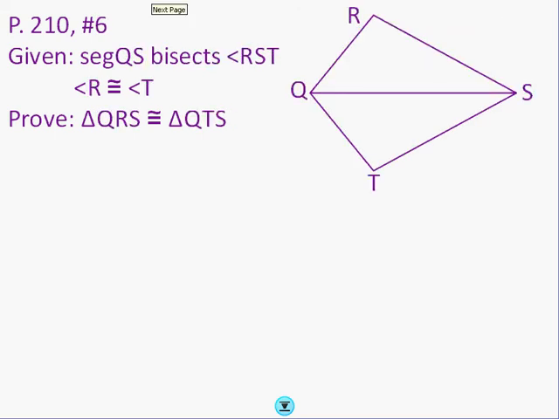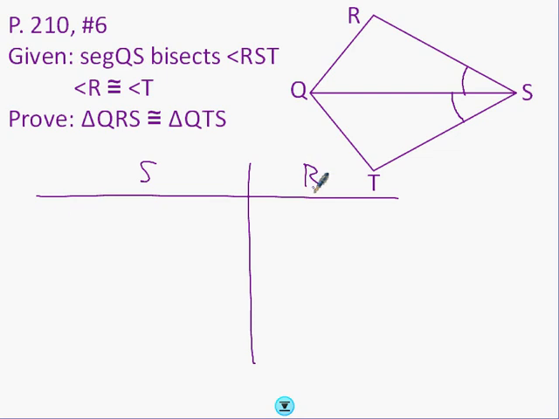Finally, number 6, segment QS bisects angle RST. Okay, so if this segment bisects, we know that means it cuts it in half. That means angle RST is cut in half. Well, that means this top part and this bottom part are equal to each other. They're each half of the large angle. So I can write that down. That information I'll need to